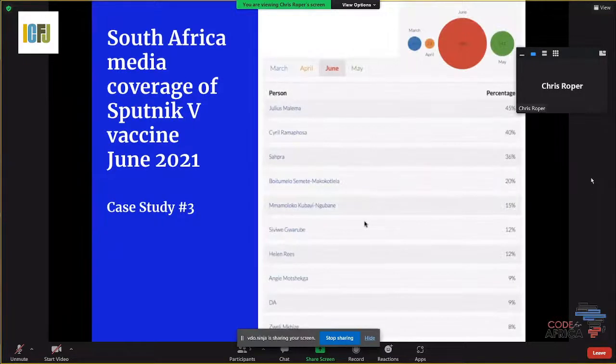It turns out that one of our populist parties had latched onto a Russian misinformation trope around the fact that the South African government was not legalizing the Sputnik 5 vaccine for use because they were in the pocket of big pharma in the West.